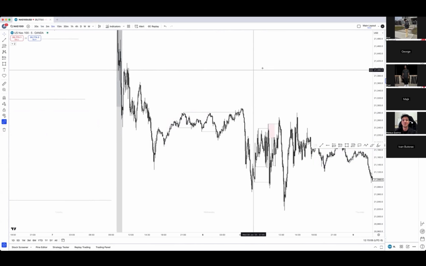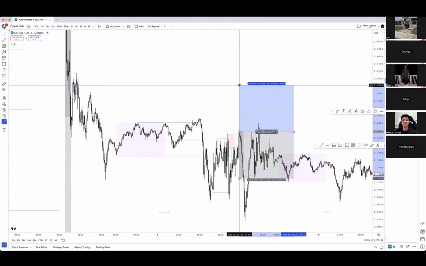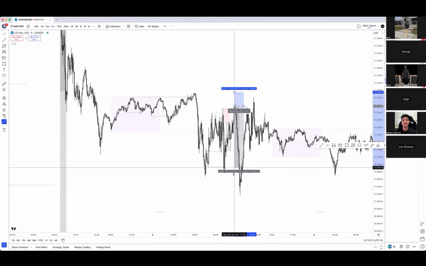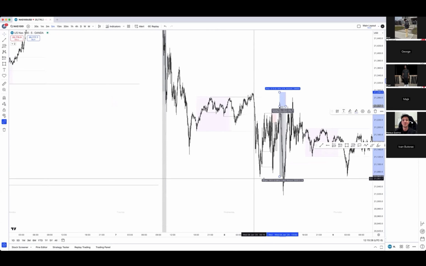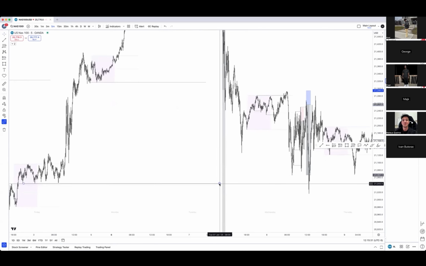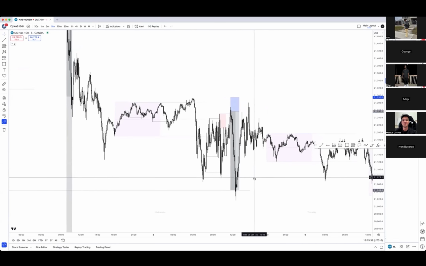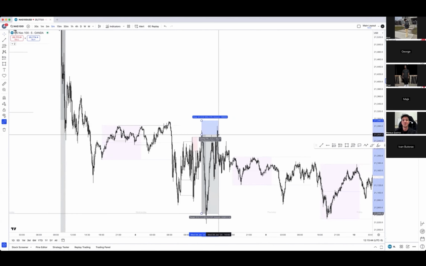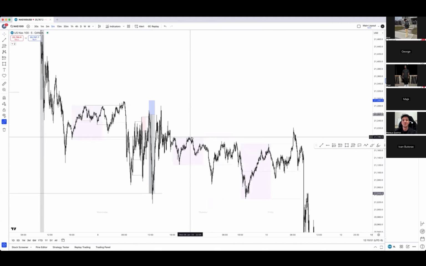Let's go on the 5, see if there's an imbalance there. Yeah, so this entry I wouldn't mind, say from this imbalance right here, and then stops above the high, and then that's the thing, you would have to take partials at your structural low. Let's say take a decent amount off, and then you can also target, let's say, the low over here. Take partials here, and obviously it comes here, doesn't take out the high, but at that point I would go break even. So if you were in this, probably get stopped at break even, and then obviously I believe